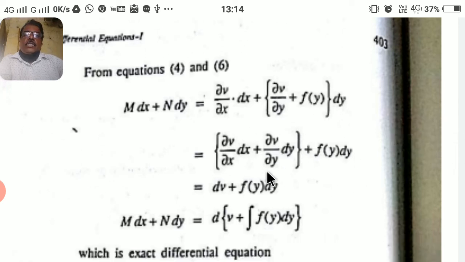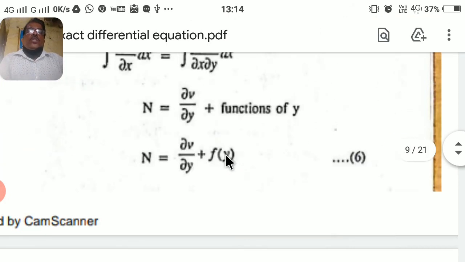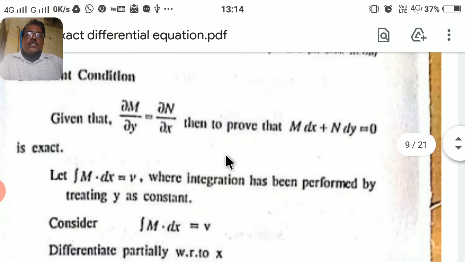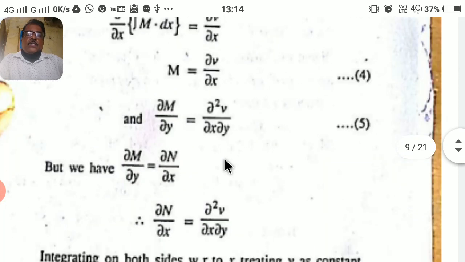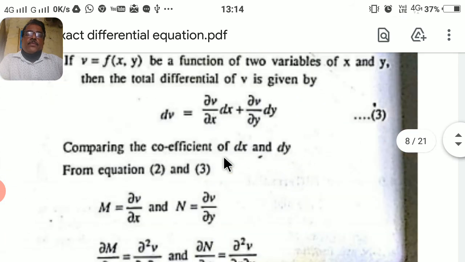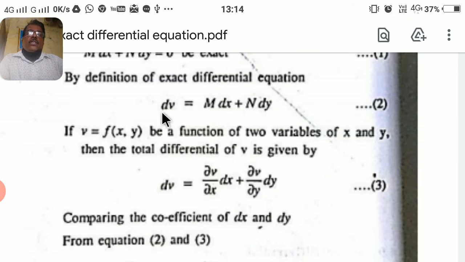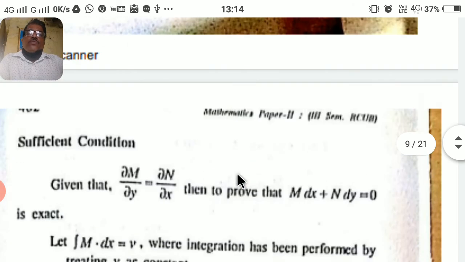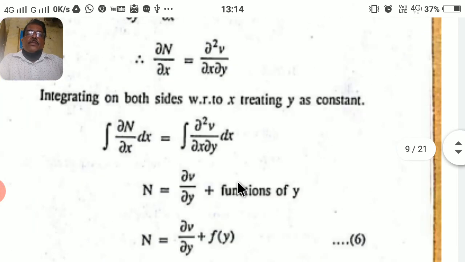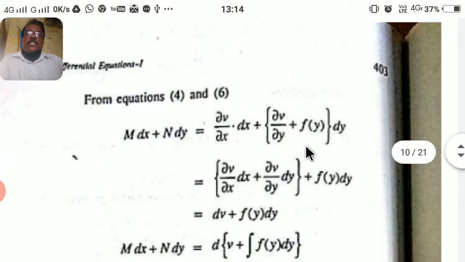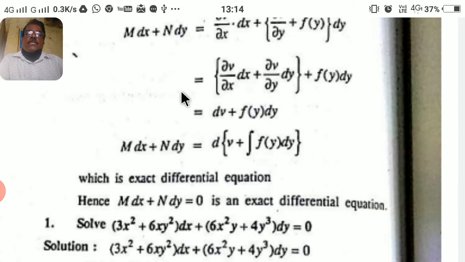Now this is nothing but dv, because by total differentiation, dv is equal to ∂v/∂x dx plus ∂v/∂y dy. So this is equal to dv. Therefore this term becomes dv plus f of y dy, so m dx plus n dy is equal to